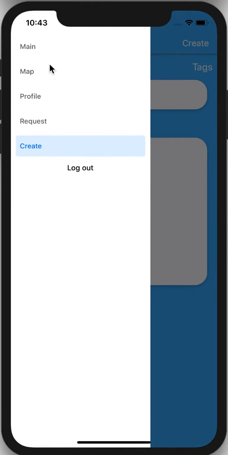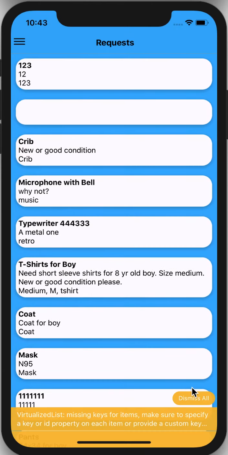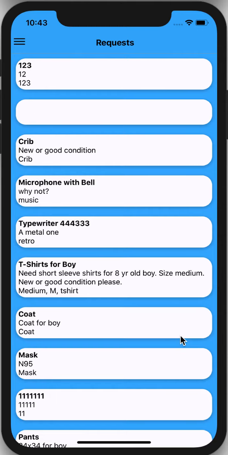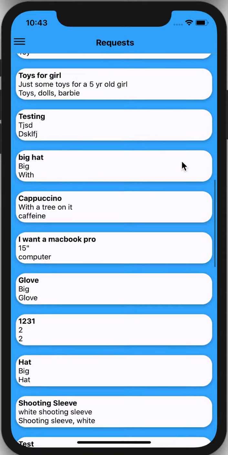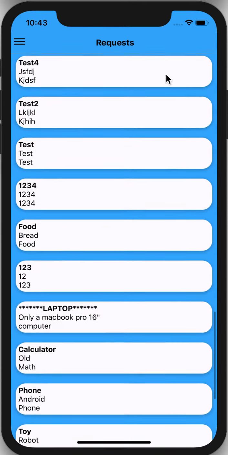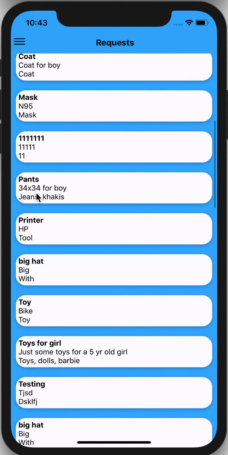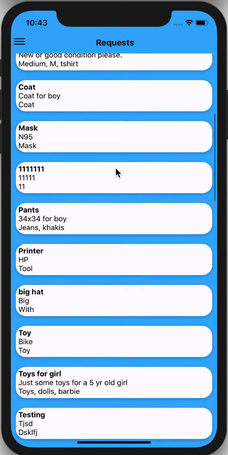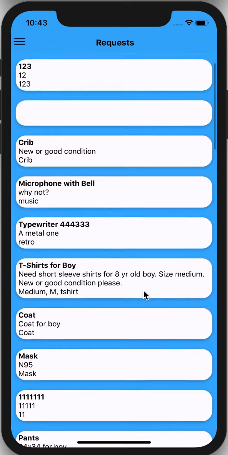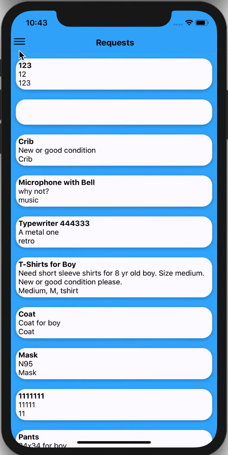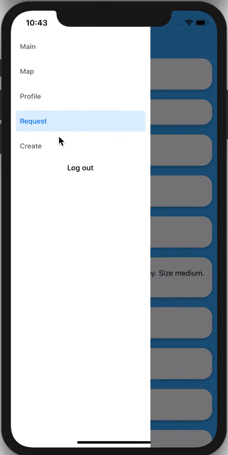Another thing I want to point out to the user is that you will have the request page here. The requests are things that the foster families have requested that they need. So what you would do is scroll through here and see something that maybe you have. So maybe you have some 34 pants for a boy that you have lying around that you no longer need. This is a need for somebody, and so you could go and create that item, and then that foster family can then go on and